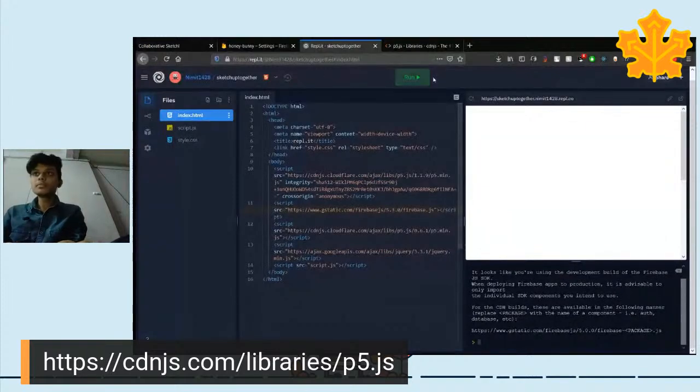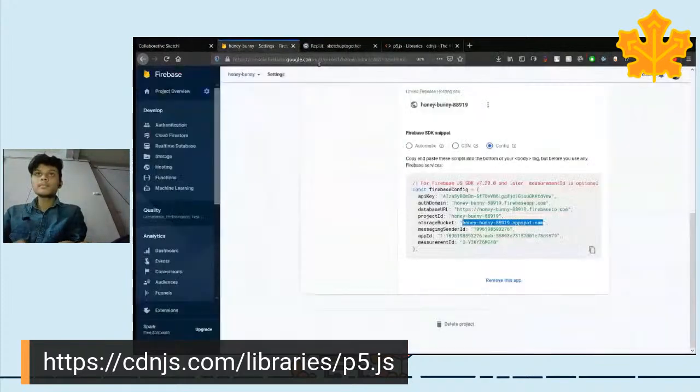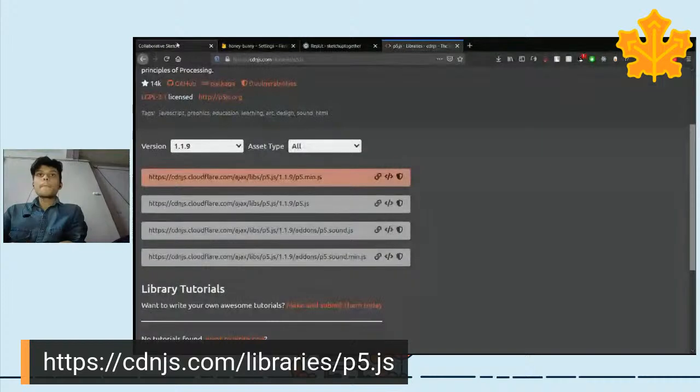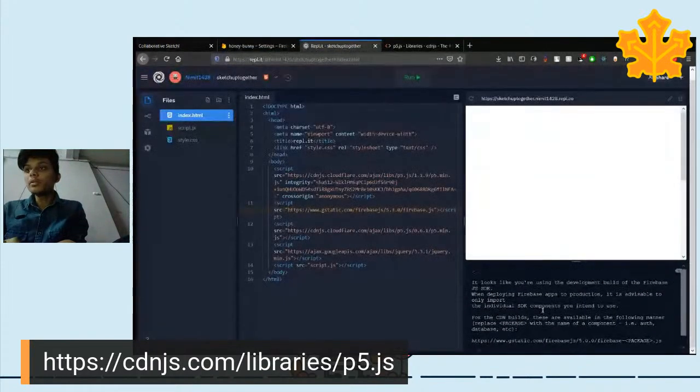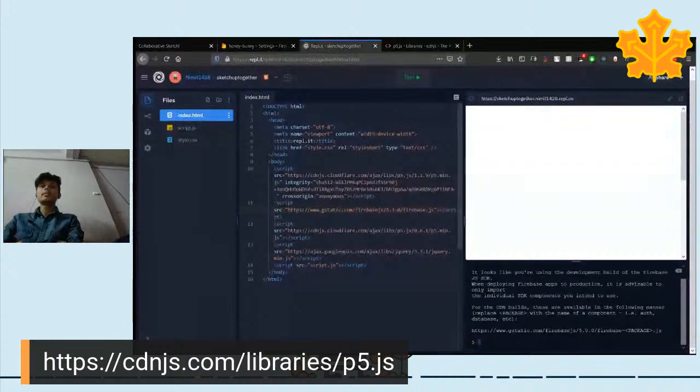So yeah, that's done. So there is no error as such now, which was coming before. Okay, so we'll start with the next part, that is to add the two things, that is save and delete